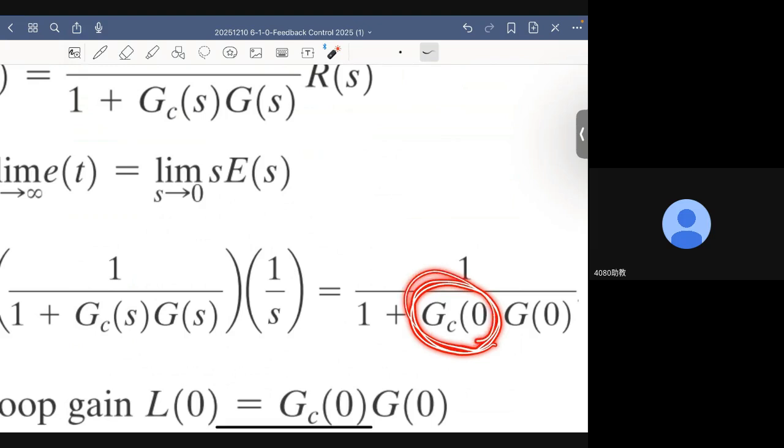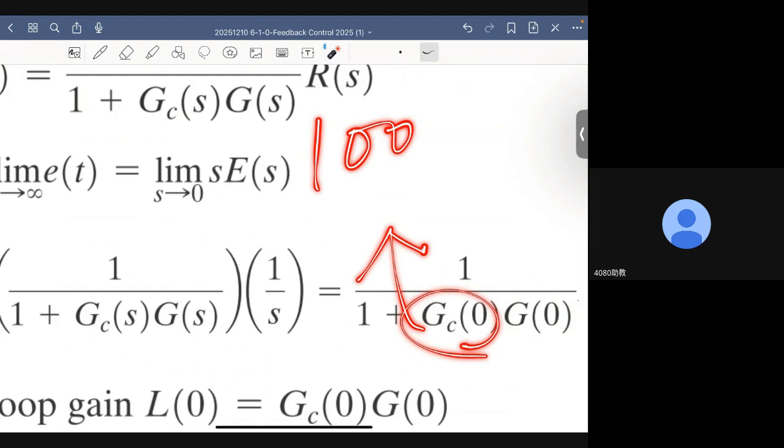Of course, these two transfer functions might not be the same as my mathematical model, but it really doesn't matter that much, because let's say it's changed by 5 or 10%. The only requirement I need is for them to be large enough. For example, let's say GC is, let's say,